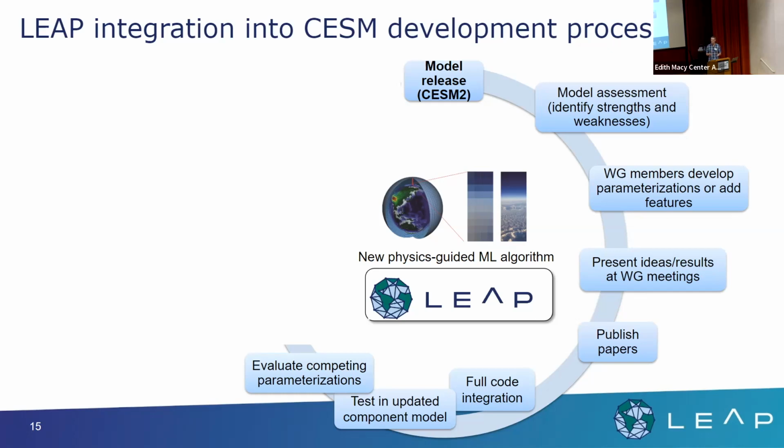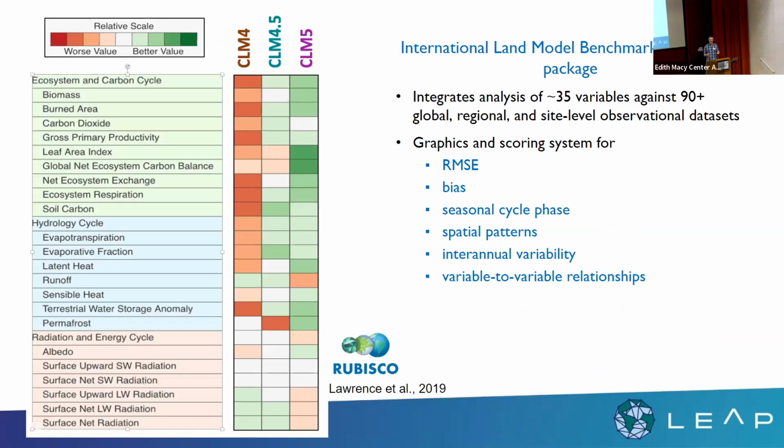Sometimes it's done one-off. It all depends on how much time we have and how big a change we're making. And so then it's at that stage when we start to evaluate the model, how it's doing. Often it's at the component model stage, where maybe you had an addition, in this case an example coming from the land model. So we want to say, how is the model doing compared to the prior versions? And what's happened in the last 5 years or so, or maybe a little bit longer than that, is there are a lot more standardized metrics packages, we call them, that allow you to evaluate the models in a systematic way.